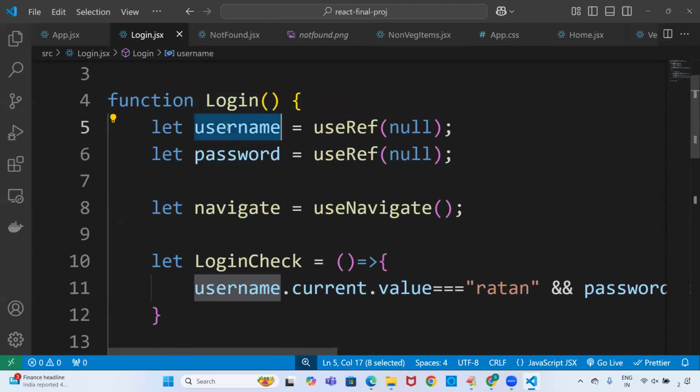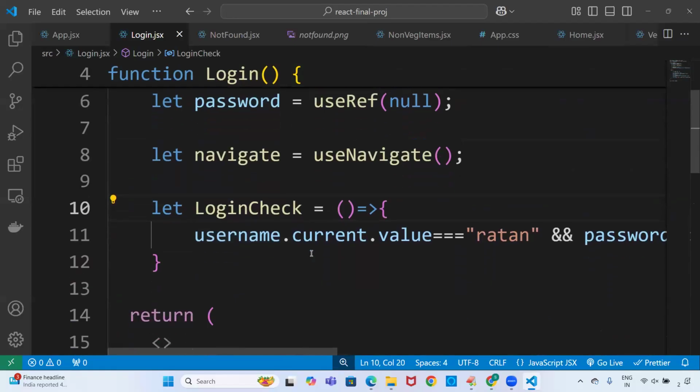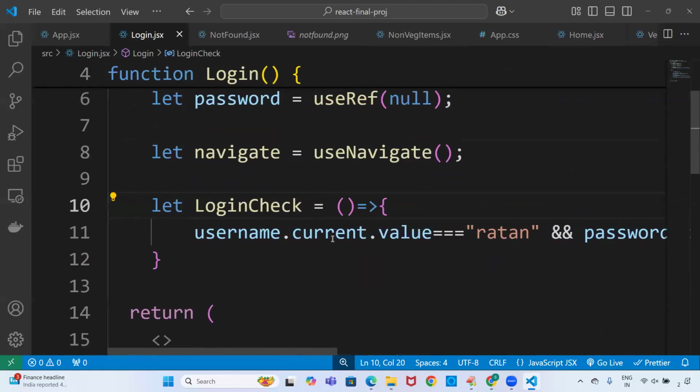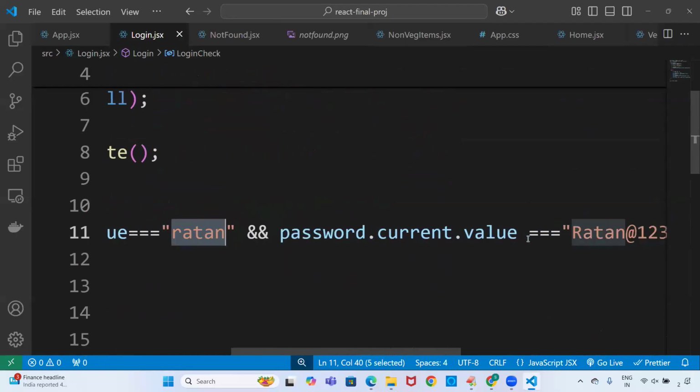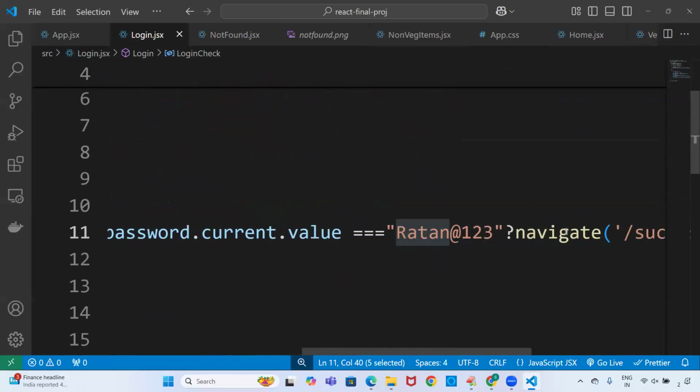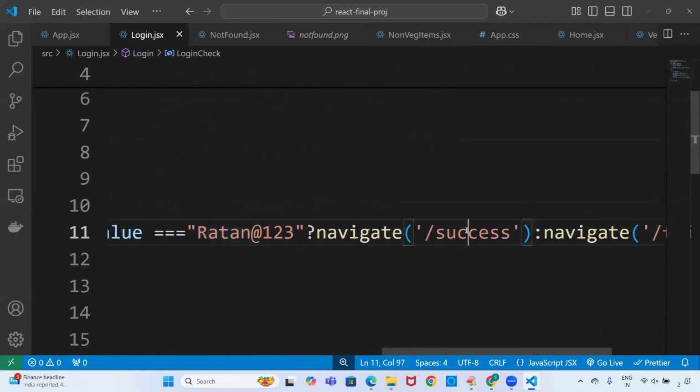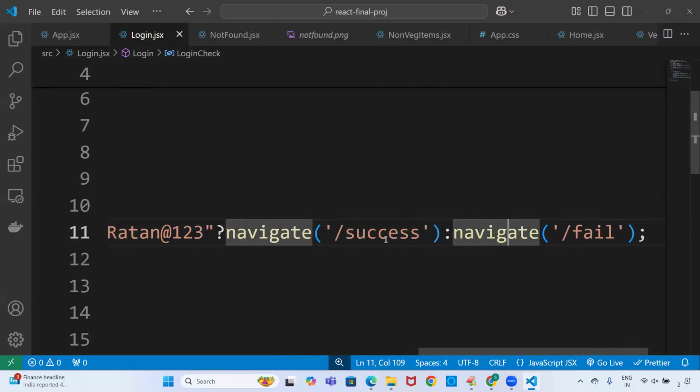Then the useRef hook we are using. What is the hook name, guys? useRef. If username dot current dot value is triple equal to Ratan and password dot current dot value is Ratan, navigate to the success file. If it fails, navigate to what file? Then what should we do? We need to make